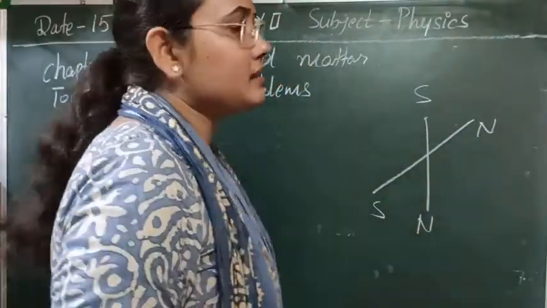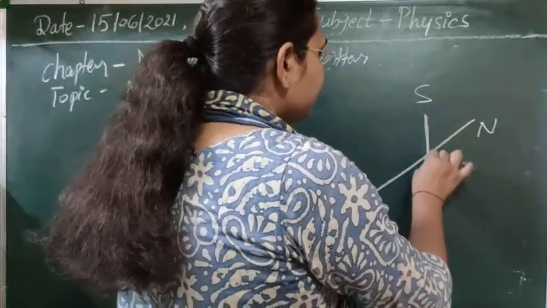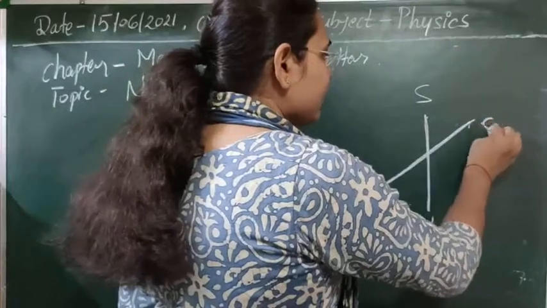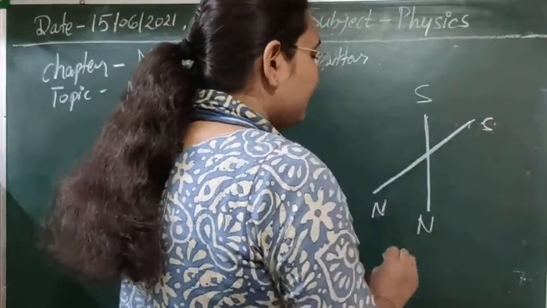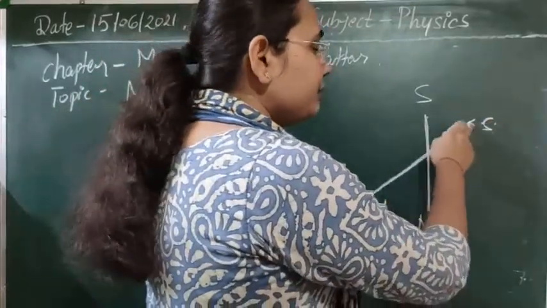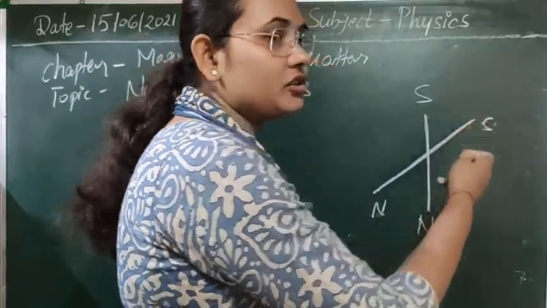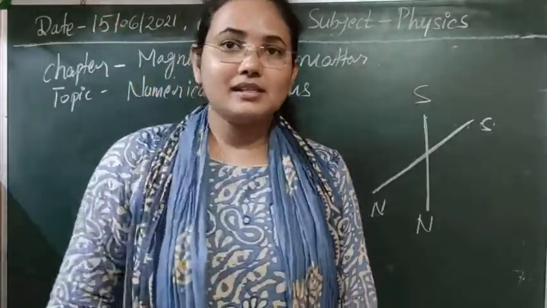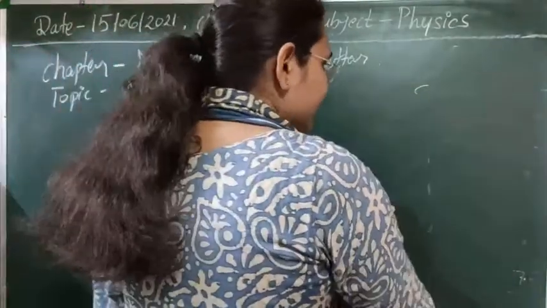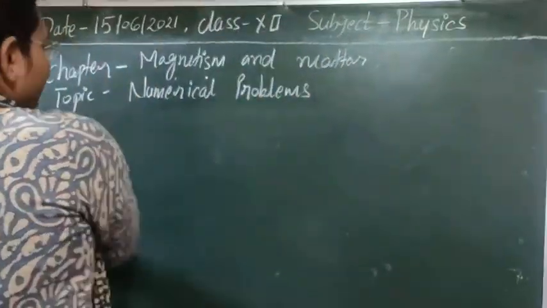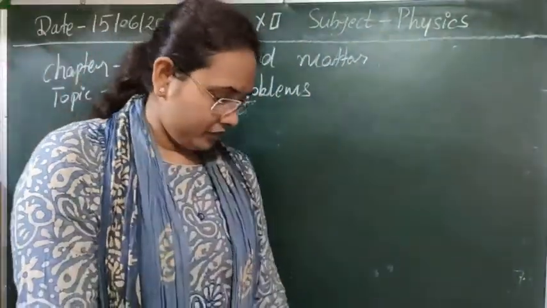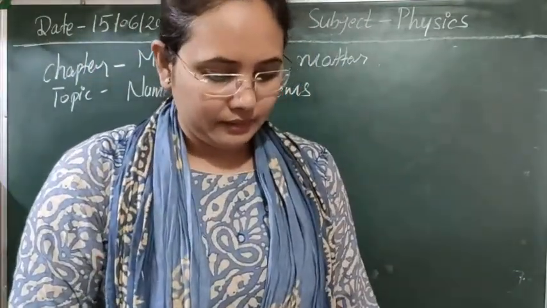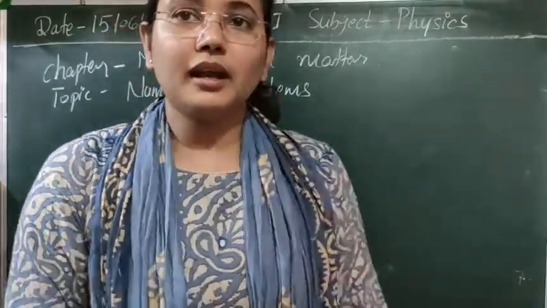In this case, suppose we have put our bar magnet in such a way and we have got a null point. Now if we rotate the bar magnet by 180 degrees, then obviously the null point will change, because the behavior of attraction is now changed to repulsion here. So it means that the null point will be somewhere at a distance, away or near. Then let's see where it will be whenever we turn it around 180 degrees.